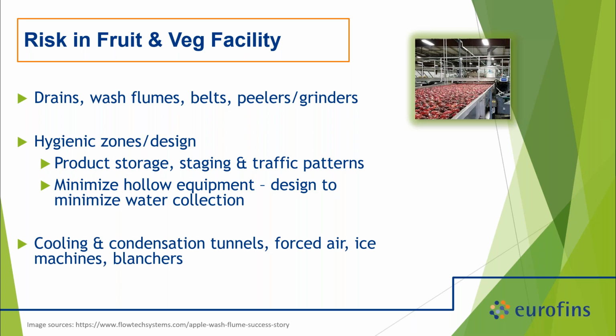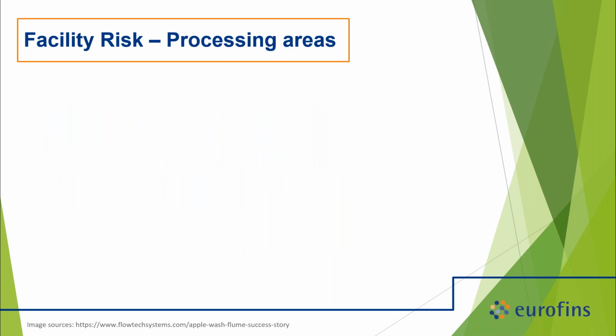The other thing, not necessarily unique, but highly ubiquitous with produce processing, is cooling and condensation tunnels, forced air tunnels, ice machines, blanchers, things that create temperature gradients. And temperature gradients effectively can make managing areas harder. One is that they create condensation, which gives you water, which is necessary for growth. But also temperature gradients can pull the air literally from areas of higher temperature to lower temperature. It's one reason we see issues with freezers and IQF tunnels in frozen processing, is that it's actually pulling risk towards the freezers, which then can obviously get into food product contact.